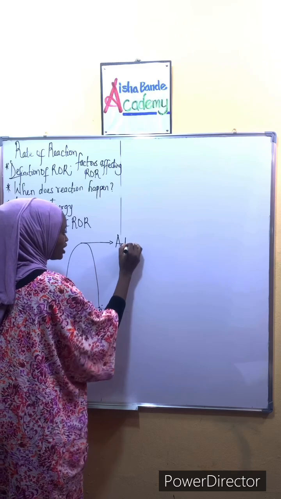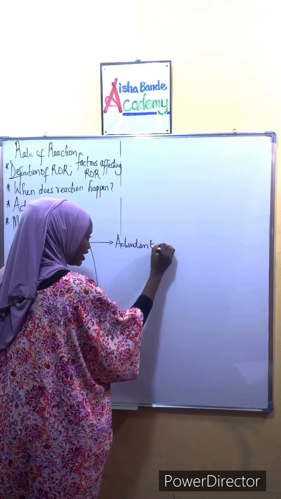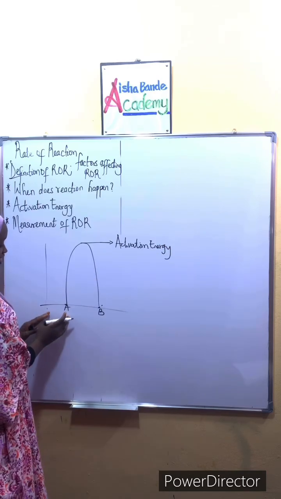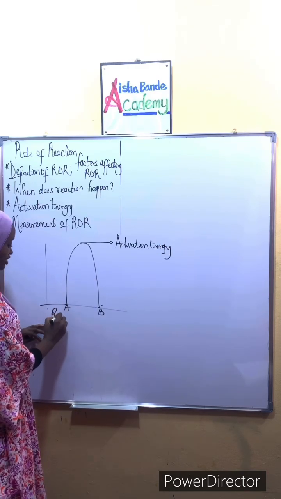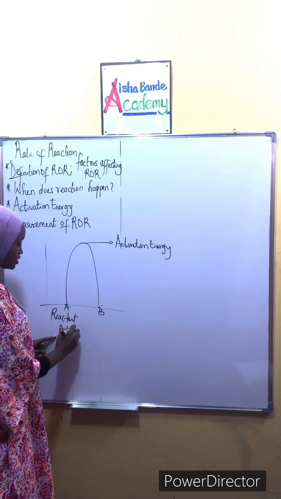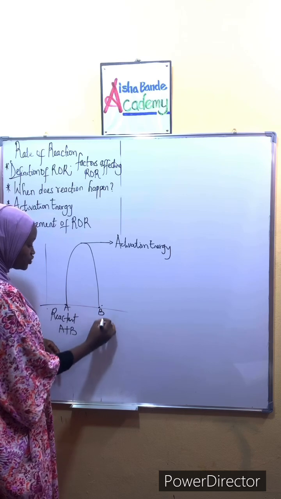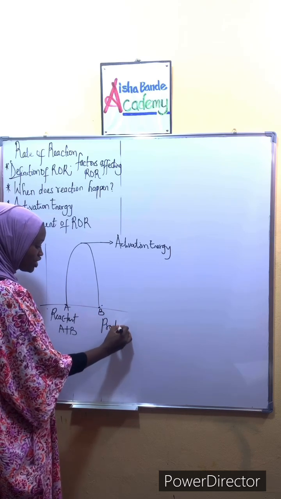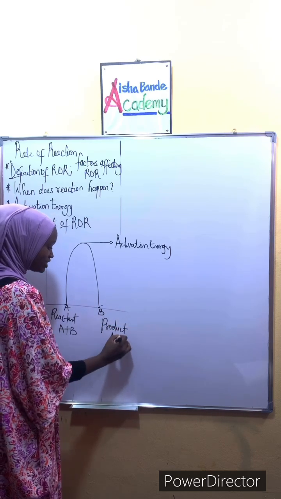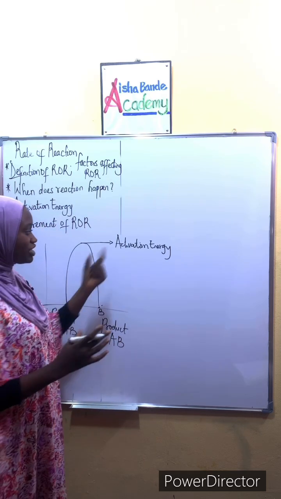So this is where we need the activation energy, right? This side here is what we call the reactant side in a chemical reaction, which is A plus B. Then when you come to the other side of the hill, here is where we have the product, okay? So the product here is going to be A times B, which is AB. So this is thus the real life